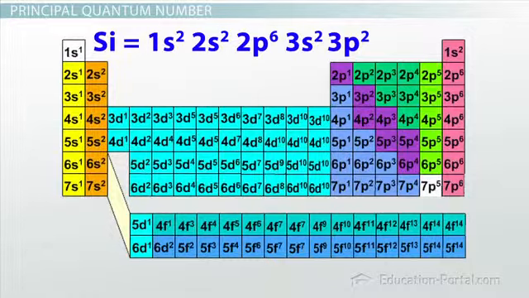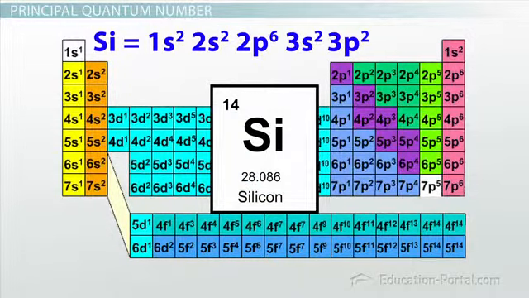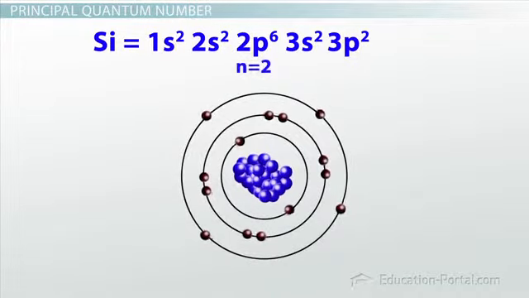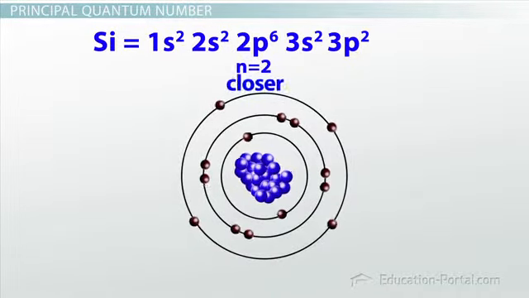So let's take the electron configuration for silicon and look at the very last electron that was added to silicon. It should be one in the 3p orbital. That 3 indicates the principal quantum number. So for this electron, n equals 3. The orbital that the last electron is going to be in will be larger than the 2p orbital because it has a higher number. This means that the 2p electron is more likely to be found closer to the nucleus